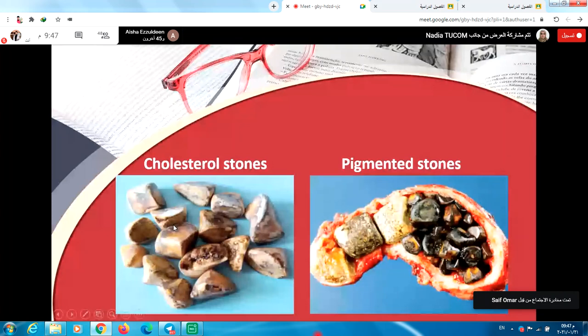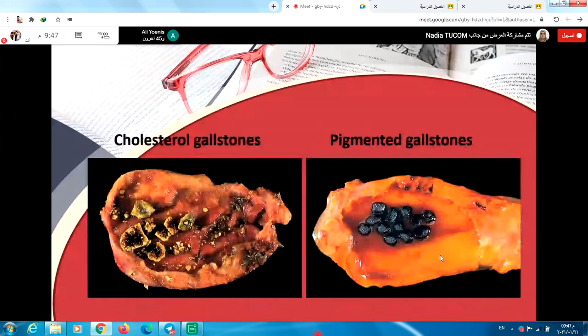This is the typical pigmented gallstone. It is black in color. It is formed due to excess unconjugated bilirubin, or unconjugated hyperbilirubinemia, when unconjugated bilirubin combines with calcium to form these bilirubin stones. Cholesterol stones are characteristically yellowish, easily fragmented, and